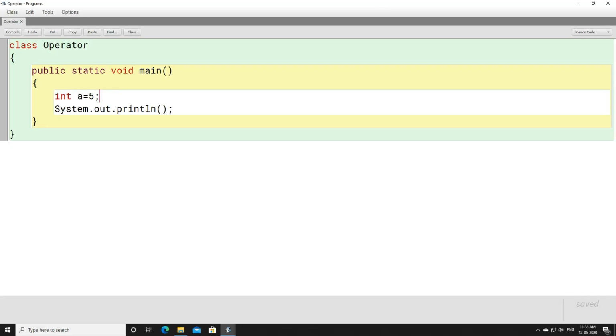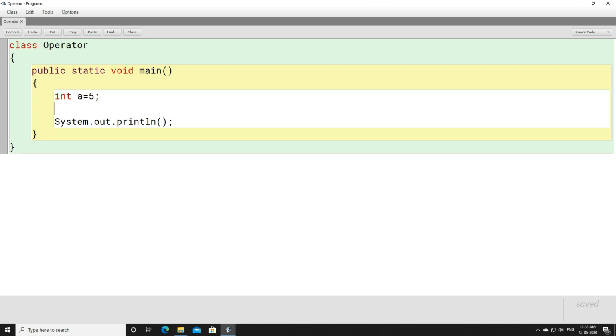Look, we have to understand this with an example. Now let's assume we have a equals to 5 and we write a plus equals to 10. You can see that we have used plus sign and equals to sign. So this is called an assignment operator, as well as shorthand notation. What is the use of writing in this way? The use is, a plus equals to 10 means a equals to a plus 10. It can be also written as a plus equals to 10.